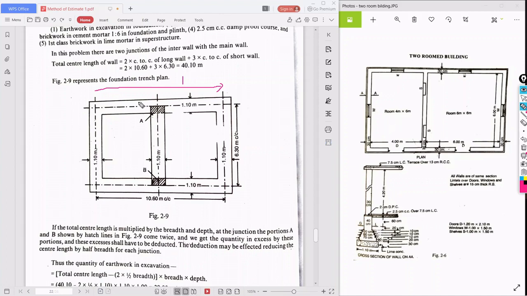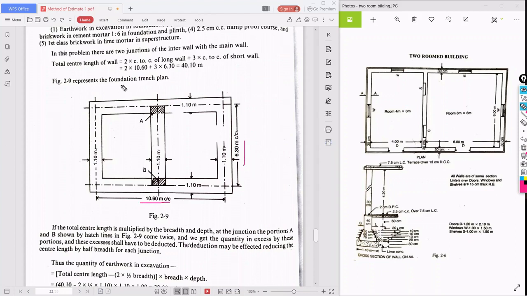Here 0.15 and here 0.15, so it becomes 10.60. What about here? It is 6.30, that is 6 plus 0.3. It is given here, so no problem. It is 10.60 and 6.30.